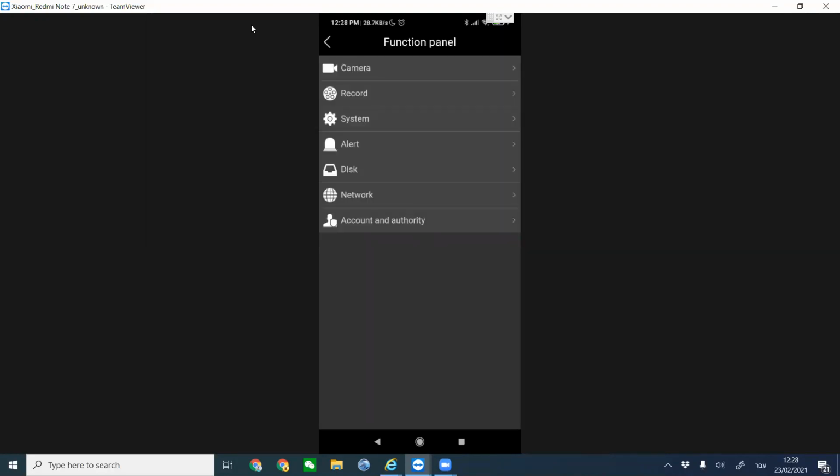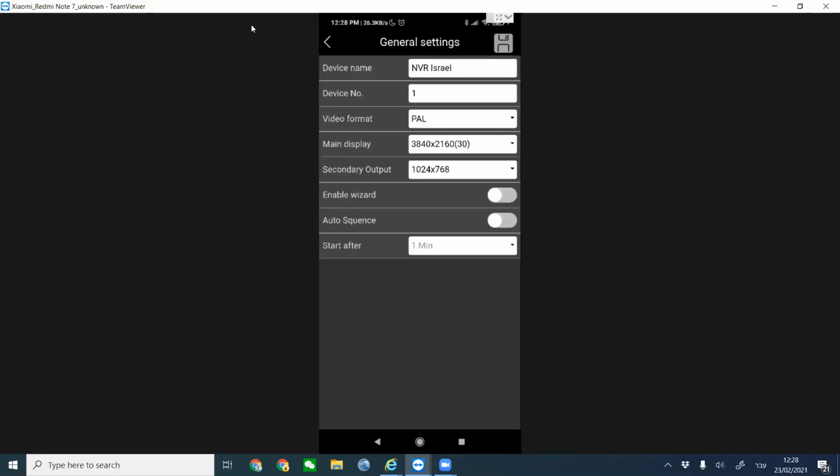In the system, under system, general setting, there is a small feature called video format. Now you need to understand that provision-isr devices come on default in PAL system. If you are in the NTSC range, whether it's Canada, US, South America, most of your monitors will work on NTSC format. One of the things that we learned is that it's much easier to set it up from the app,